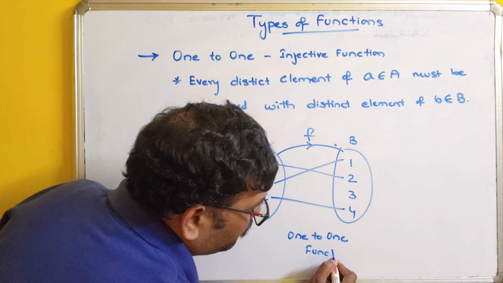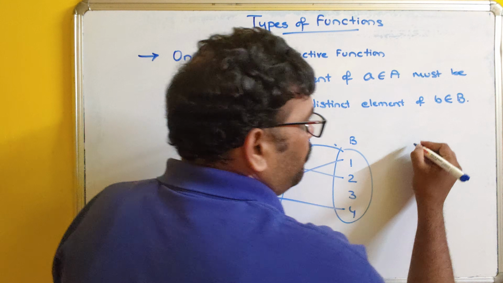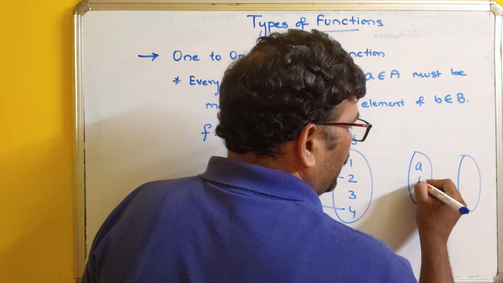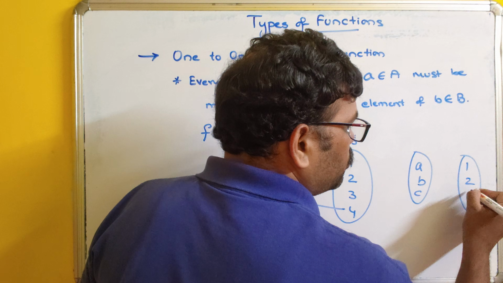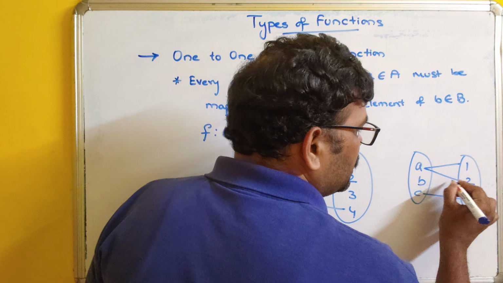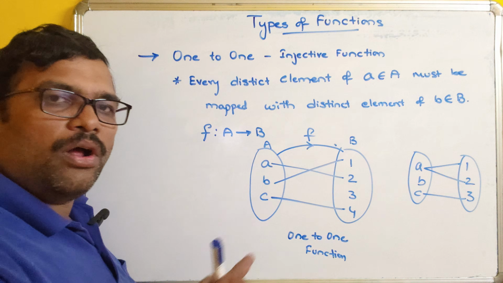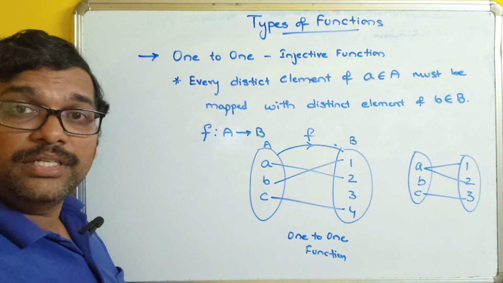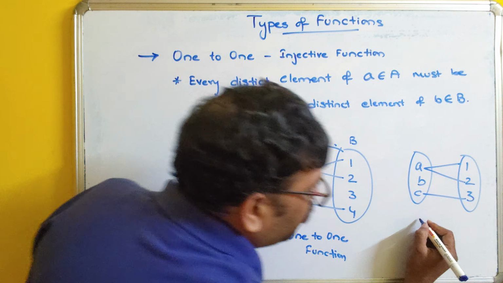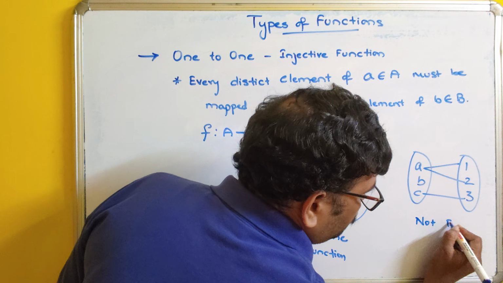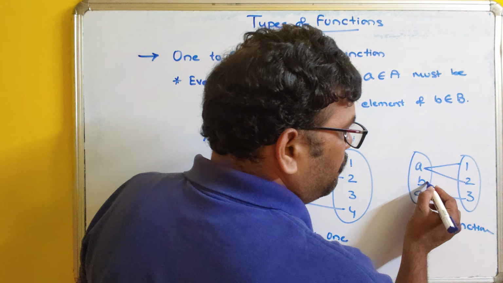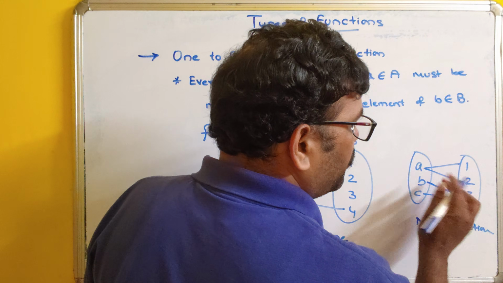For example, let us take two sets, a, b, c and 1, 2, 3. If this is the manner, right? So this is not even a function. This is not even a function because b doesn't map with any other element. So not at all a function. For example, b is also mapped to